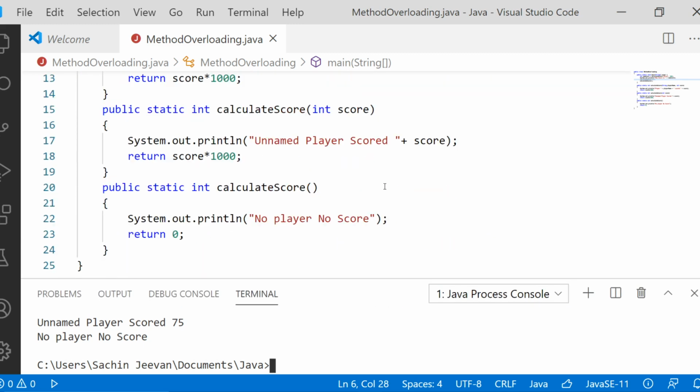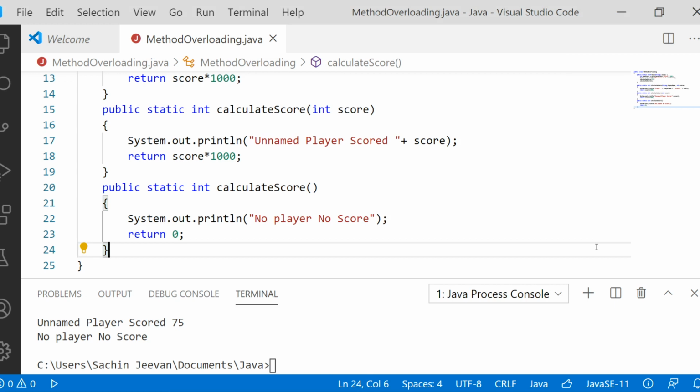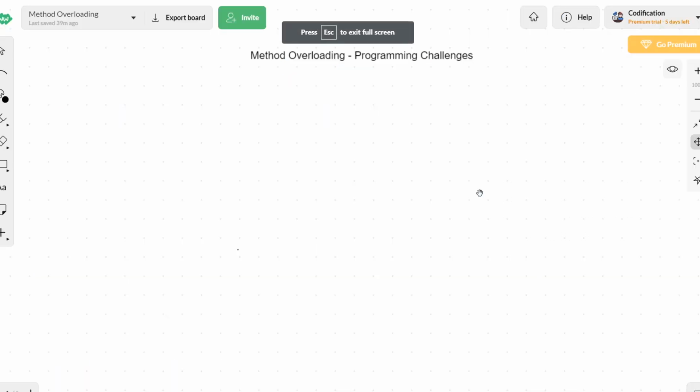Now we will take a programming challenge for this method overloading and we will understand it in a little better way. Right? Fine. So we'll take a programming challenge. Let us first discuss the problem statement and then we will enter into the implementation part, right?